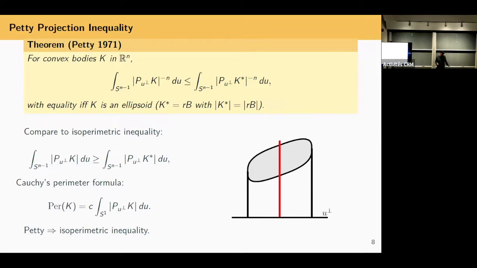I've stated this by saying the perimeter gets minimized on sets of the same area, but of course you might think about it as fixing the perimeter. I give you a piece of string. How do you enclose the biggest area? Of course, you use a circle. Those are companion statements.